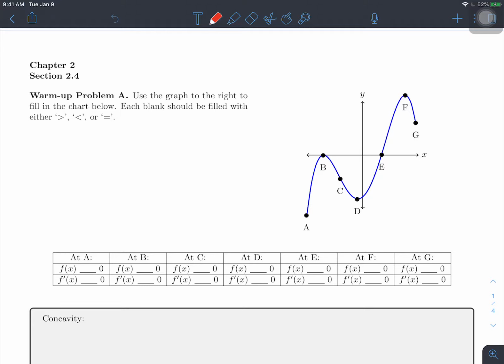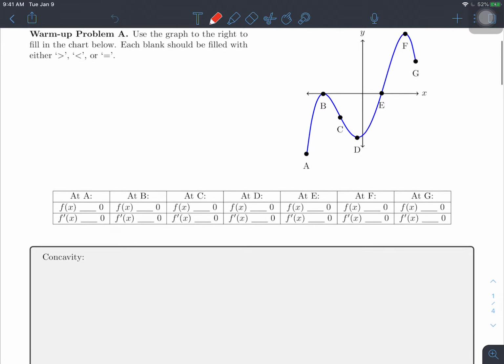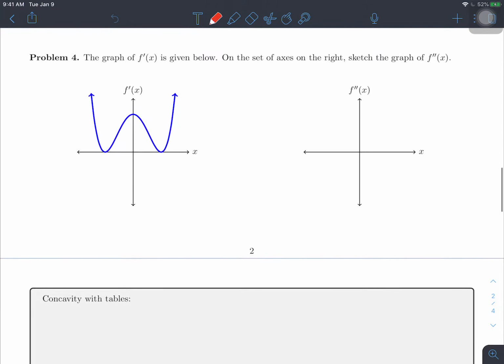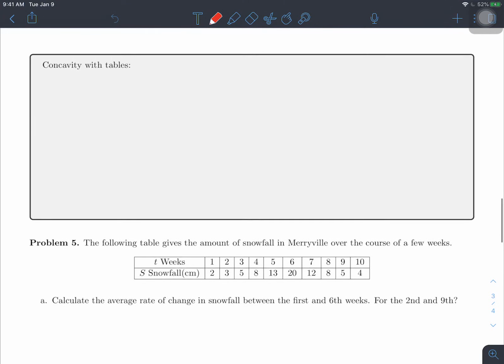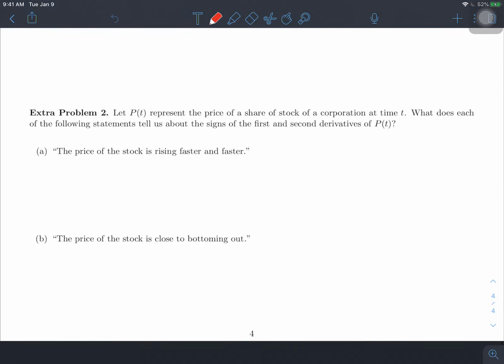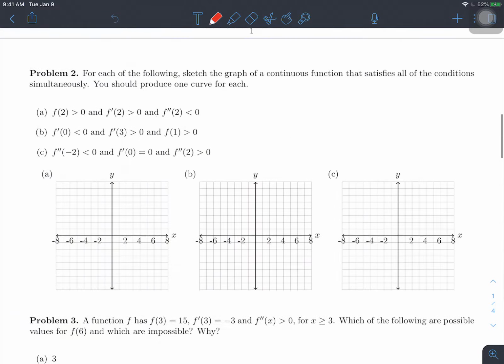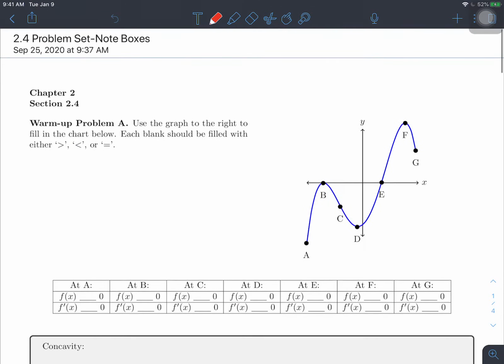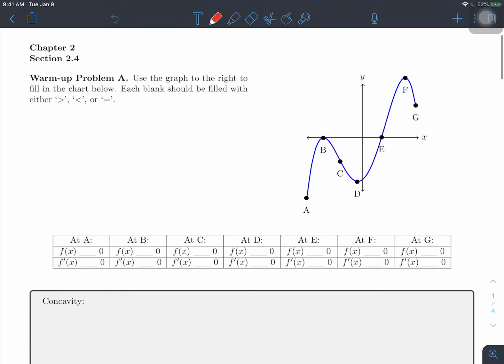Okay, good morning everybody. So today we're going to talk about section 2.4. 2.4 covers concavity and something else. Okay, mainly just concavity. So we're going to talk a little bit about concavity, and we're going to give ourselves a more rigorous definition for what it means for the graph of a function to be concave up or concave